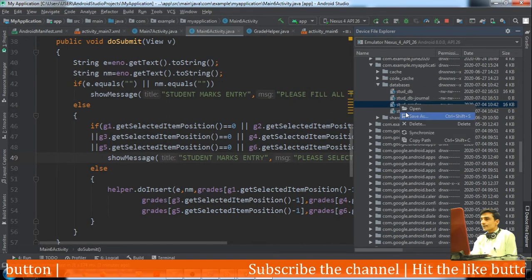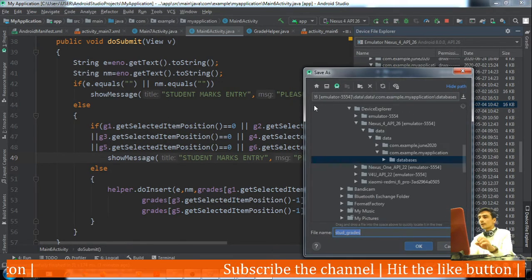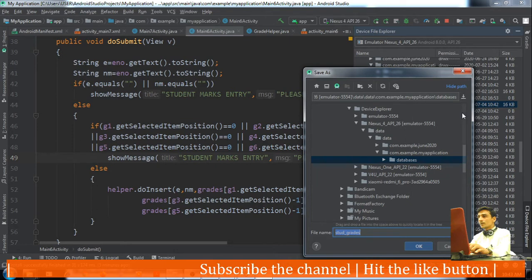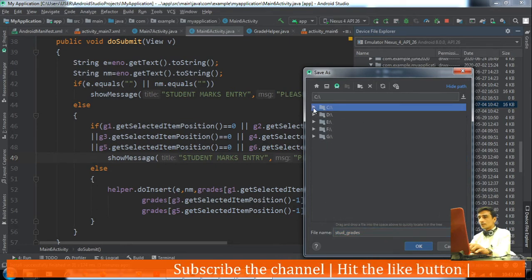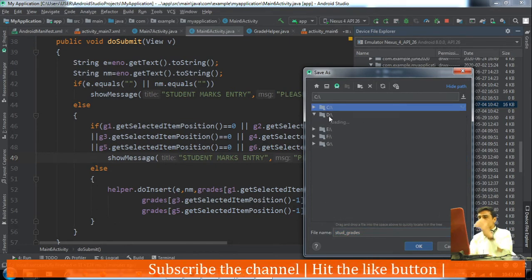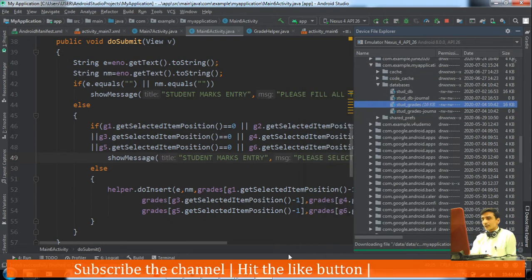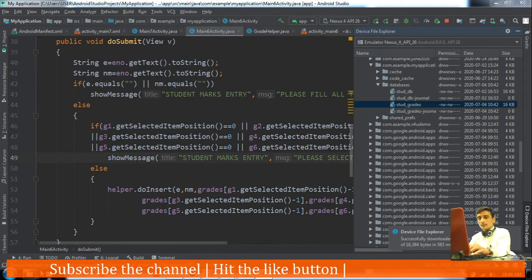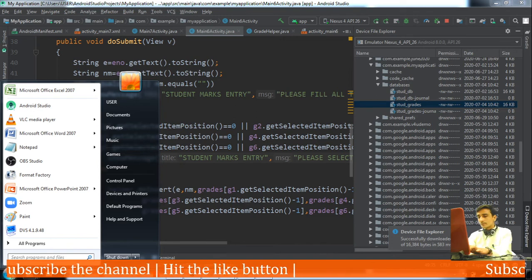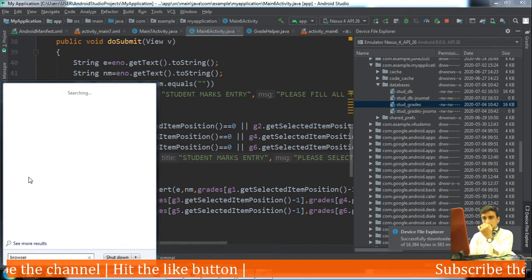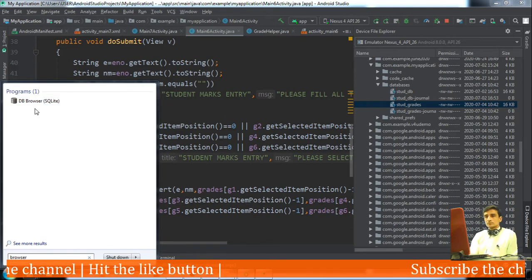We will save this database in the D drive of my laptop. Then, as I told you, we will take help of DB Browser for SQLite.